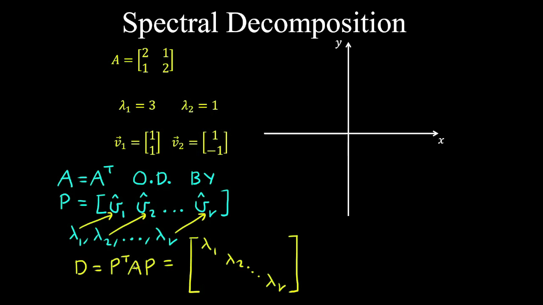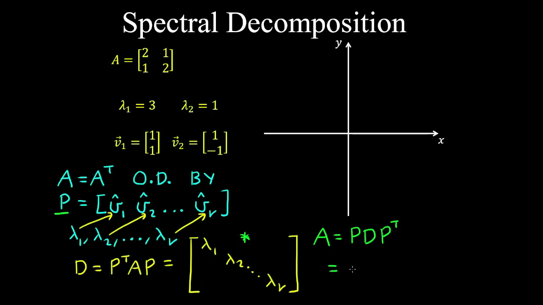And therefore, if we turn this around for the matrix A, which was equal to P D P transpose, effectively what you do is take P and multiply it by D, being this matrix of eigenvalues on a diagonal, and multiply by P transpose,